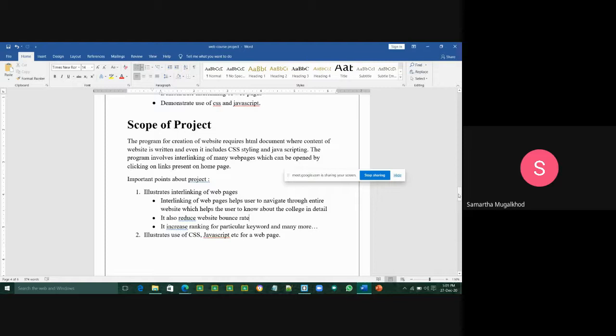Add comments wherever necessary. Make sure your code is readable. After completing the HTML code, start with CSS and add styles to the HTML elements which you have created. And next, we have to create a new JavaScript file and add animations to the specific element and make the web page more responsive and interactive.